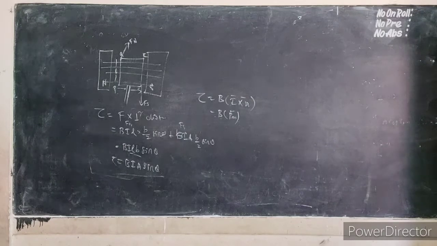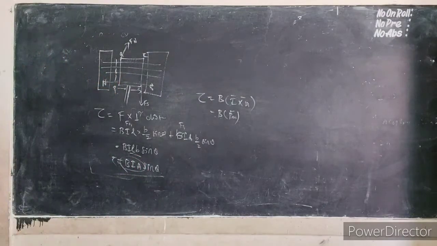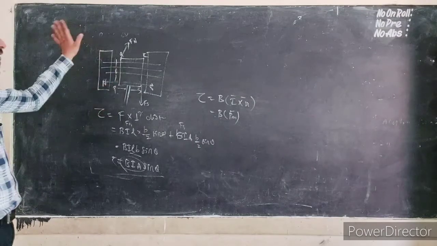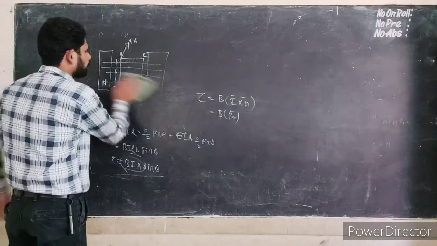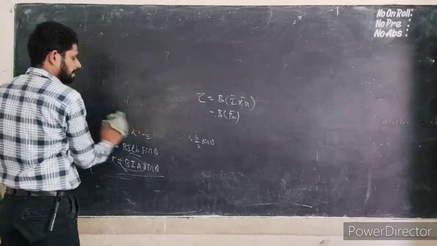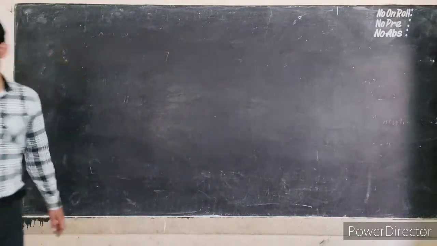So when theta is equal to 90 degrees, what will happen? The plane will be parallel to the magnetic field, and the torque on the current loop is maximum. When it's 0 degrees or 180 degrees, the plane of the loop is perpendicular to the magnetic field, and the torque on the current loop will be equal to 0. Based on this, the moving coil galvanometer works; it works on this principle.